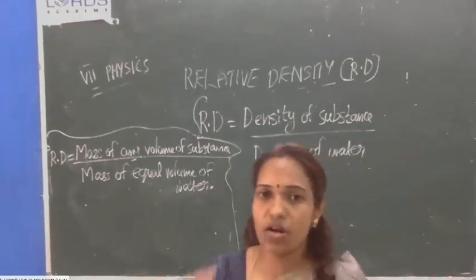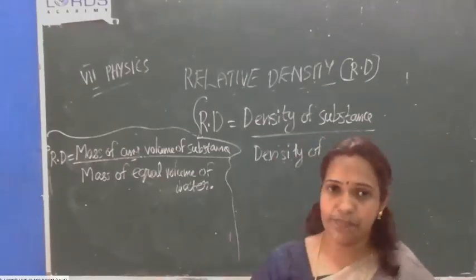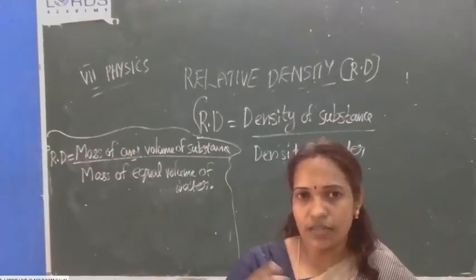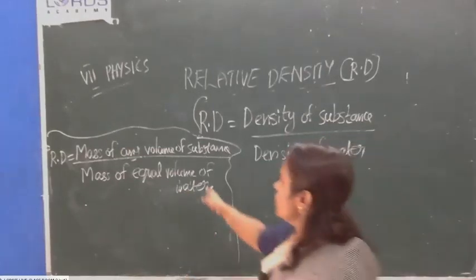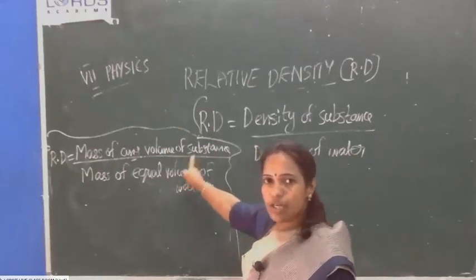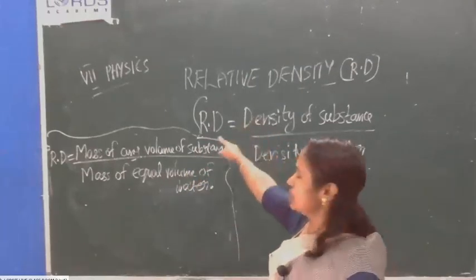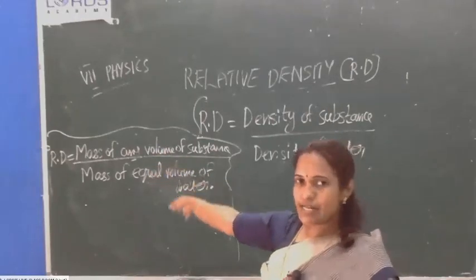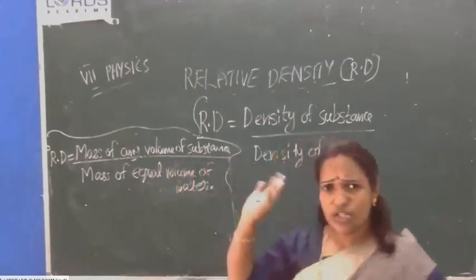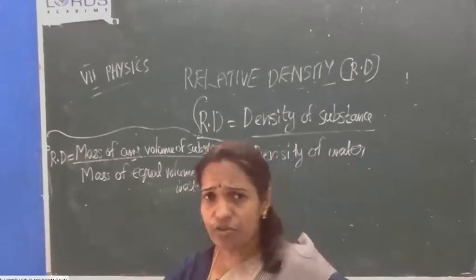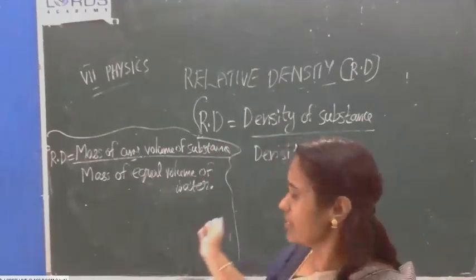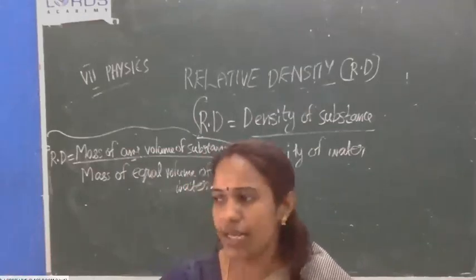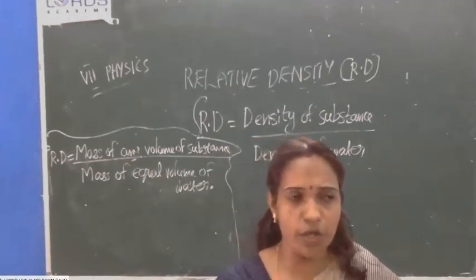Suppose in the numerical only volume and mass will be given. Mass of water is 20 gram, mass of milk is 30 gram, like that. Then you have to use this equation. Using density, you can't find out relative density. Clear? When we are doing the numericals, you will be clear. So the steps, you don't have to bother or study about that. You only have to study two equations. Clear? All of you wrote in your notebook?